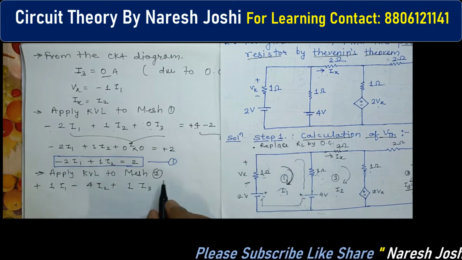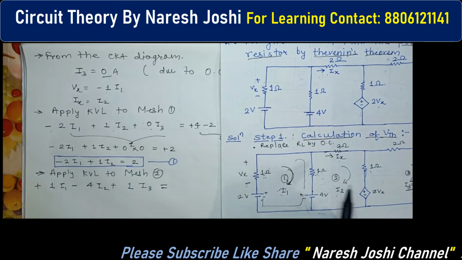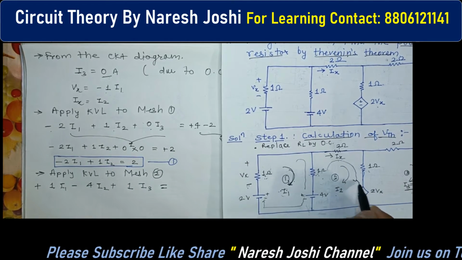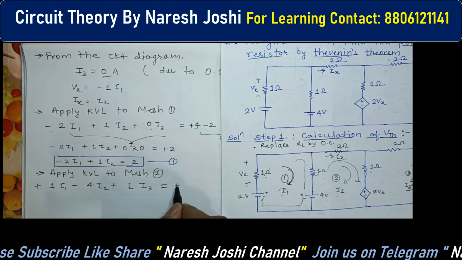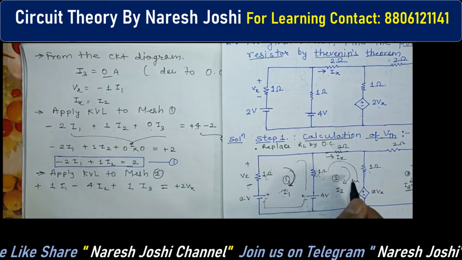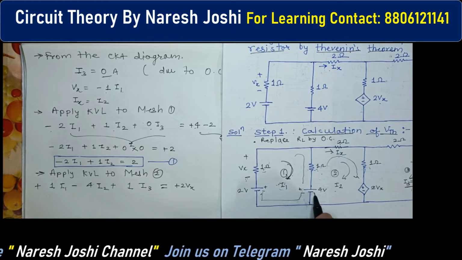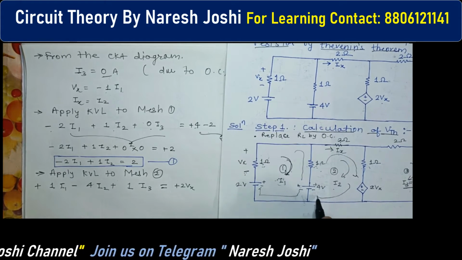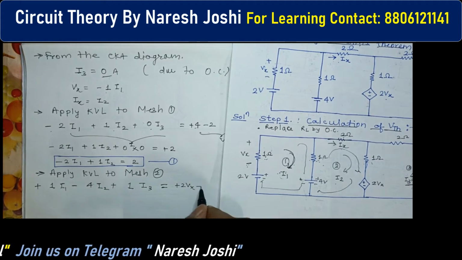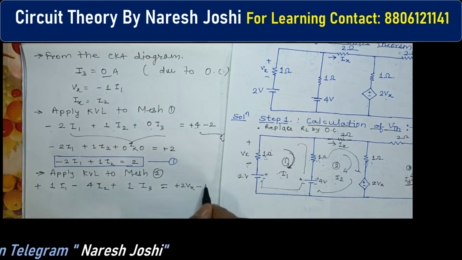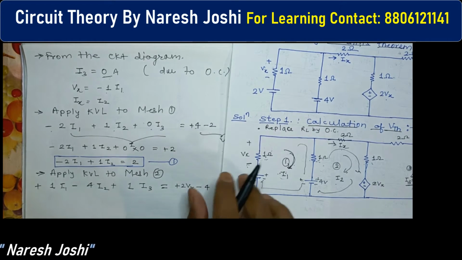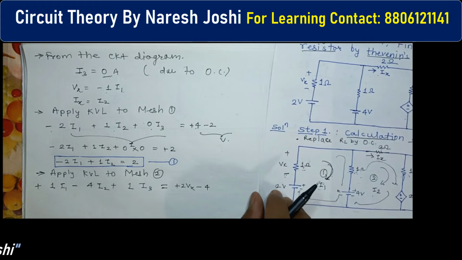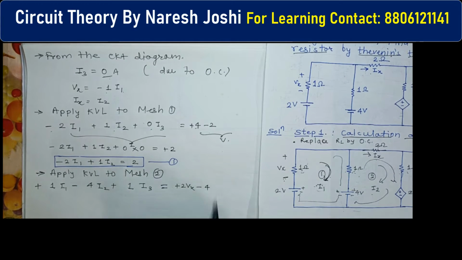Now next we have to write down the voltage. If we come in the same direction, it is plus. So I will write here plus 2 Vx. Then I will come in this direction. Here you can see this is the minus and this is the plus. So you come here, and I will write minus 4. Clear? So now you can see I have mentioned 4 directly here.